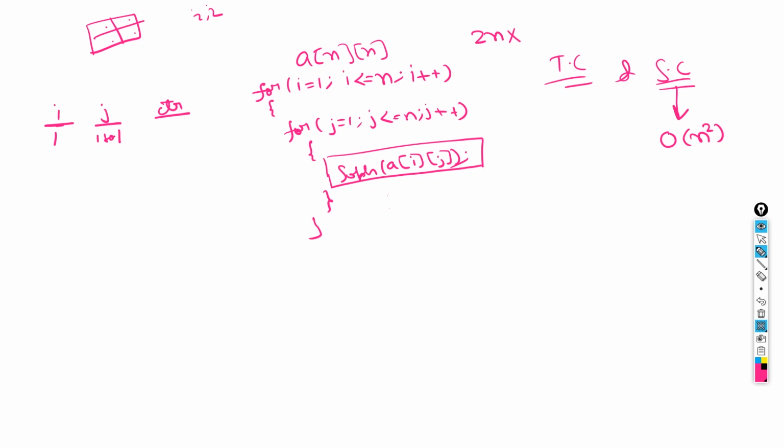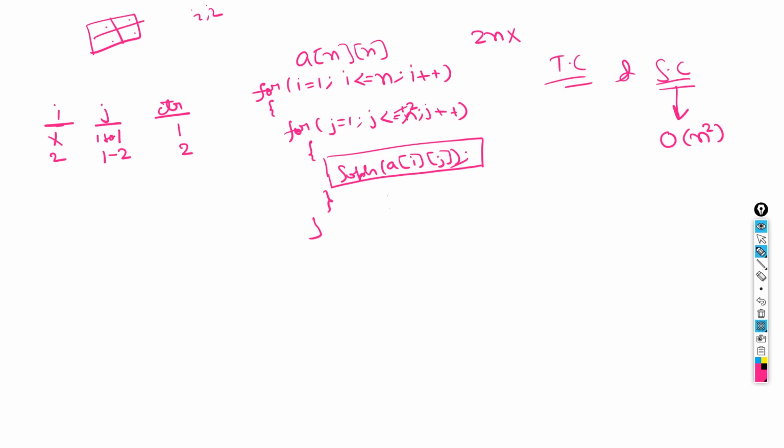So when j will be 1, j less than or equal to 1, this will be executed 1 time. Similarly, when i will become 2, j will run from 1 to 2. So this will be executed 2 times, because this will be 1, this will be 2. From 1 it is 2 now, so 1 to 2, this will run up to 2 times, so 2 times